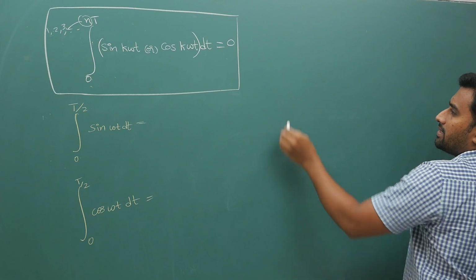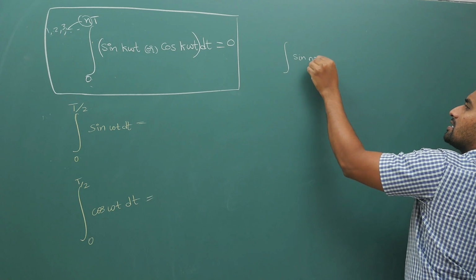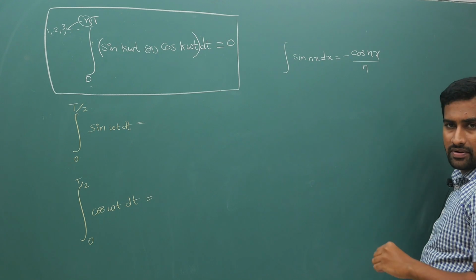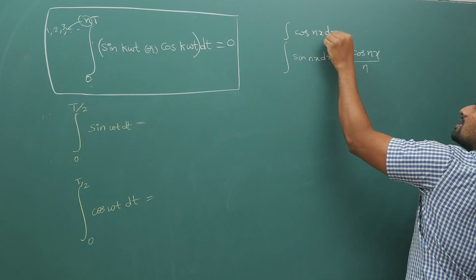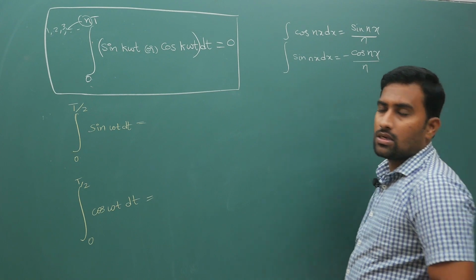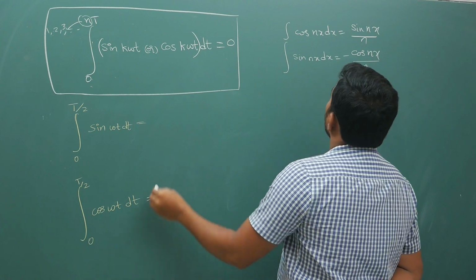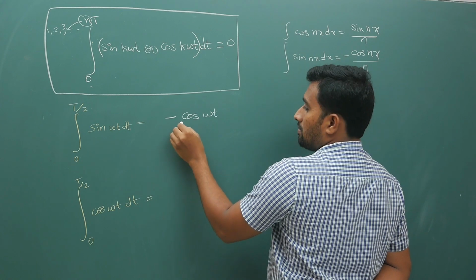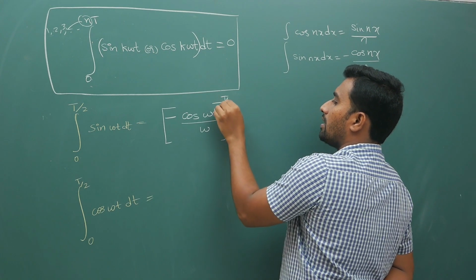In maths I have explained that the integral of sin nx dx is minus cos nx by n, since the derivative of cos nx is sin nx, and the integral of cos nx dx is sin nx by n. This is what I explained in the previous class. So according to that logic, integral of sin omega t will become what? Minus cos omega t by omega from 0 to T by 2,